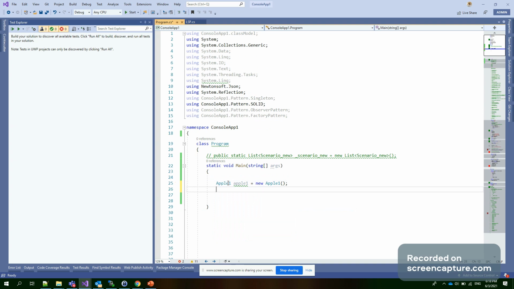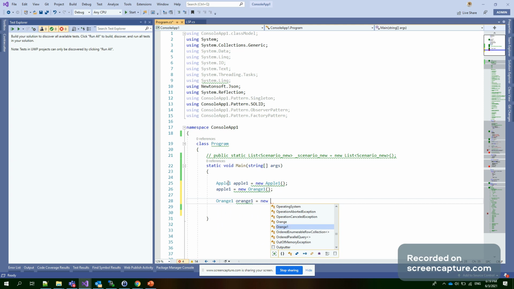If we do Apple one equal to new, with another class, Orange one, using the same object, we can see there is no problem. That is good as of now. Now, in creating Orange one, we have Orange one equal to new Orange one. Till now there is no problem.